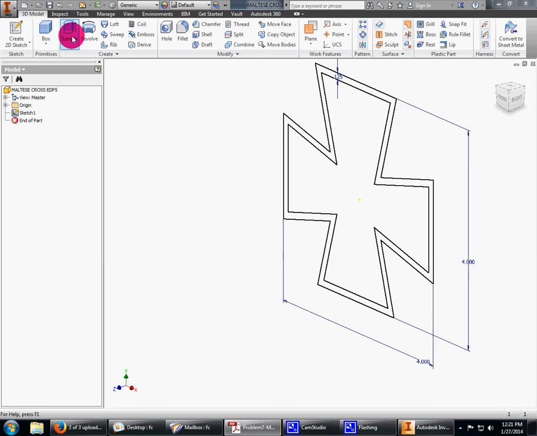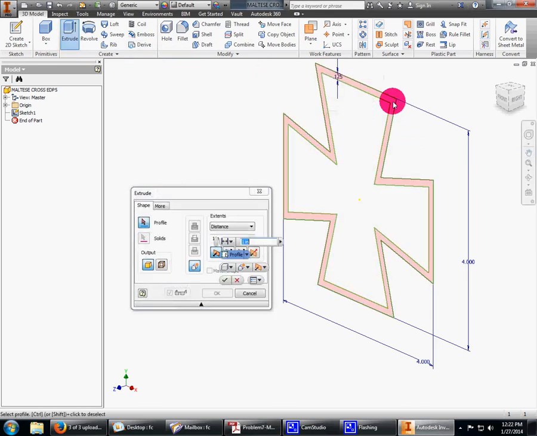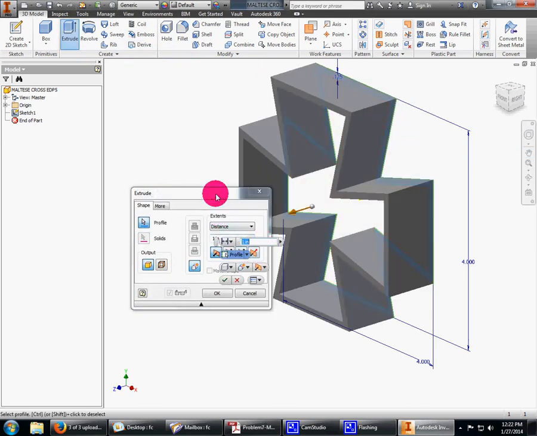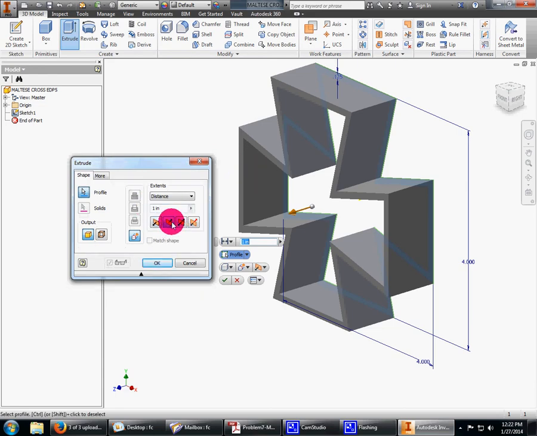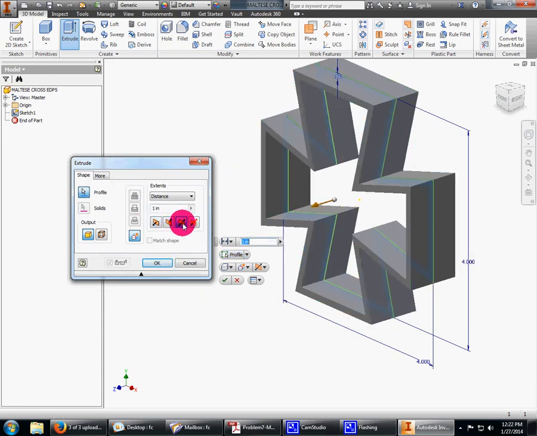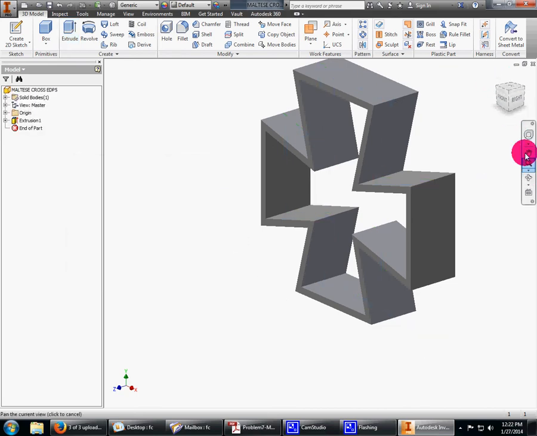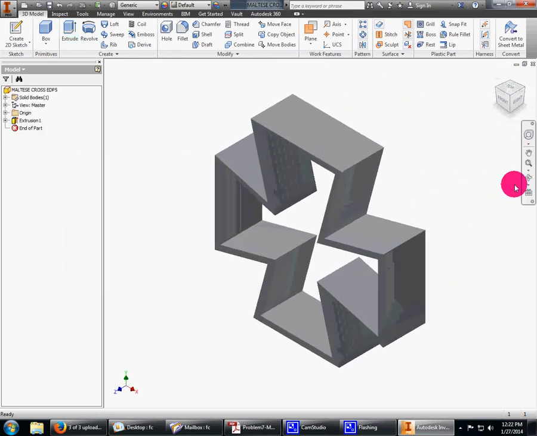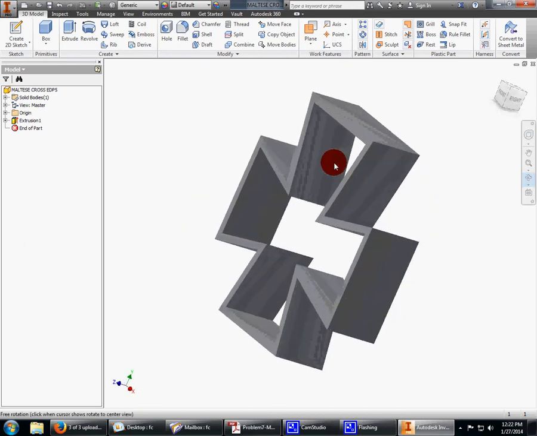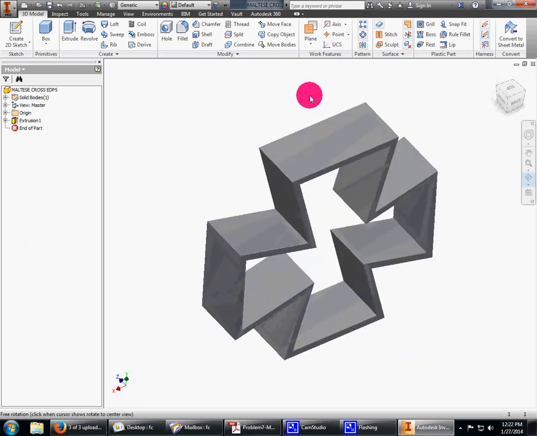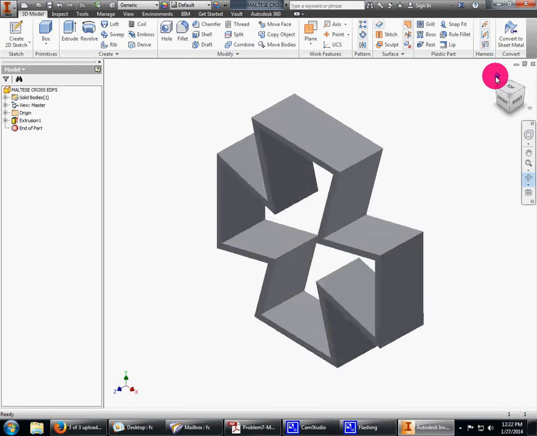So I'm simply going to come here to extrude, select that. I'm going to tell it 1 inch. Now I could have it coming just straight out, I could have it going backwards, or I could have it going symmetrical. I actually kind of like to use symmetrical. That's my choice. And so there it is. There's your Maltese cross. All you have to do is click on the little home button, and then it's going to put it